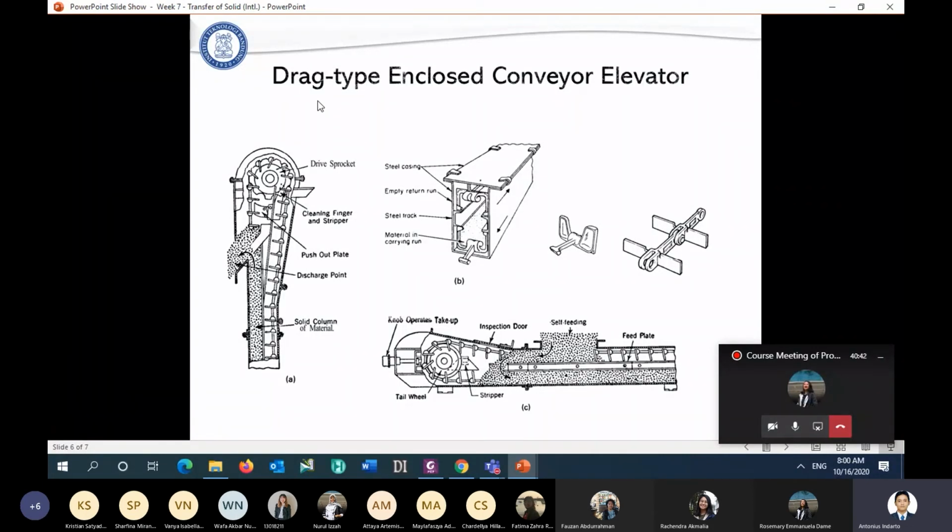That's why we call it the drag type, because the plate pushes the solid particle from the back side to the front side of the conveyor. So this one is the drag type conveyor.